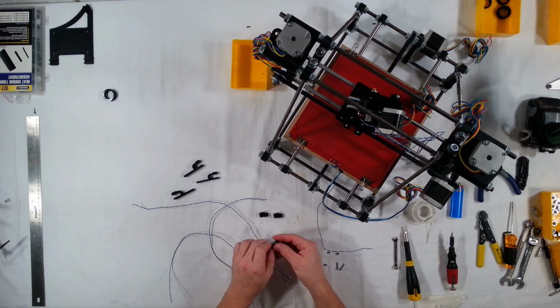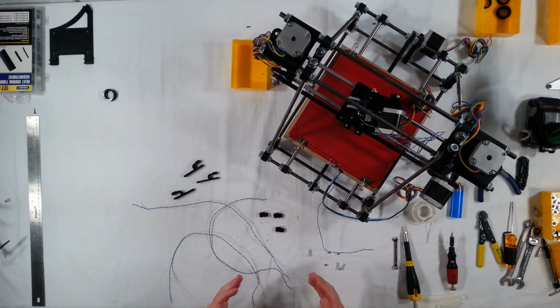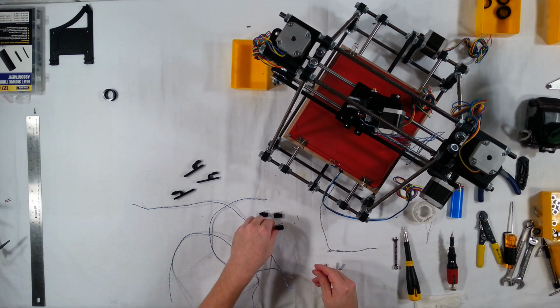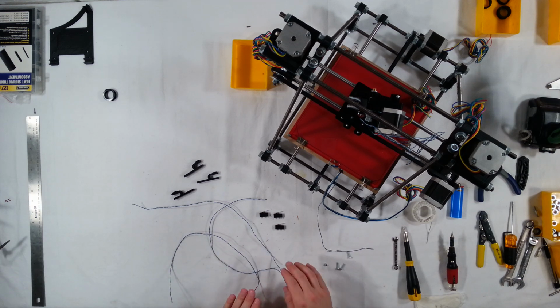I found that it's the best way to mount these, but some people use zip ties or other methods. I find that these end stop switches are actually really important. You need to make sure that they're solid. And the best way to do that is to drill a 3mm hole and run a 3mm bolt and lock nut through it. So anyway, before we get those mounted though, we do need to solder the wires onto the